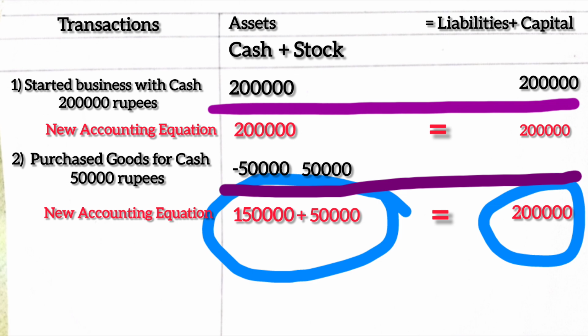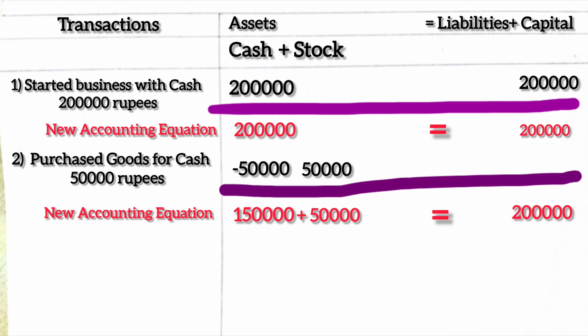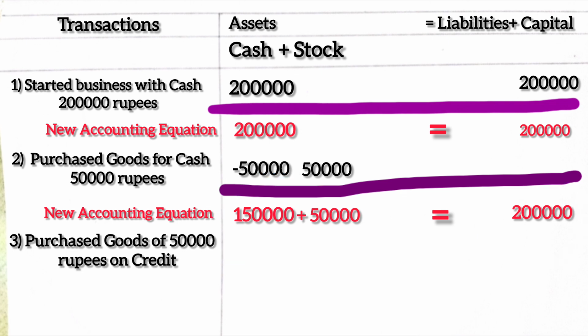Now, let's say another business transaction takes place. The next business transaction is purchase goods of rupees 50,000 on credit basis. Earlier it was cash, now we have purchased goods on credit basis. So what happens? Goods are coming into the business, but cash is not going out. Yes or no? Because it's on credit basis. So under the stock column, we will write 50,